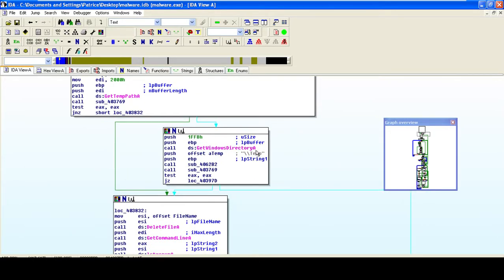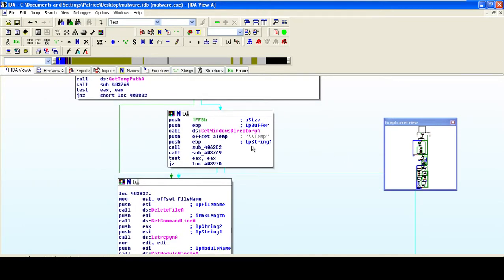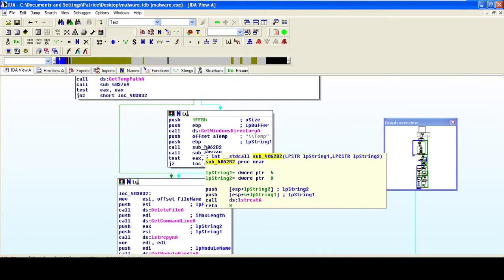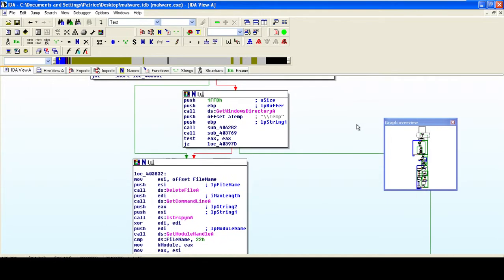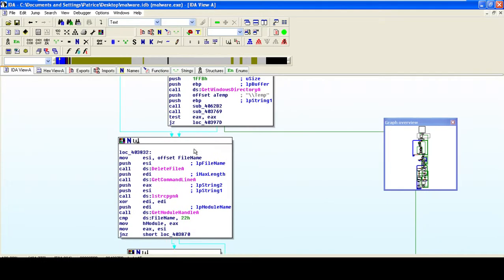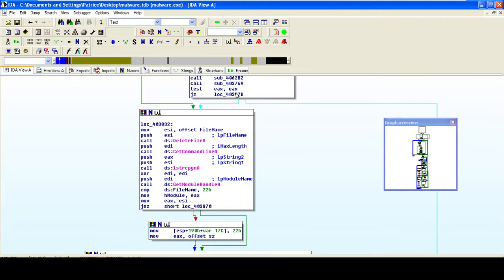Then it will return us a temp address, and we are going to push lpString1 into EDI, and also call this method here, lstrcatA, and what that does is it will append the temp address along with lpString1 and return us another string. So we're going to test EAX again, and this time around, if it's not 0, it will move on to